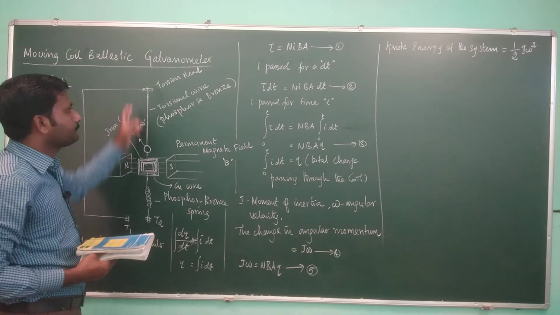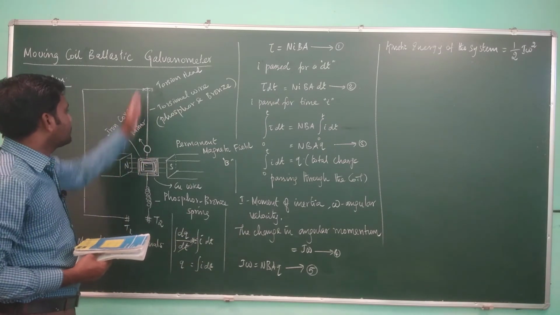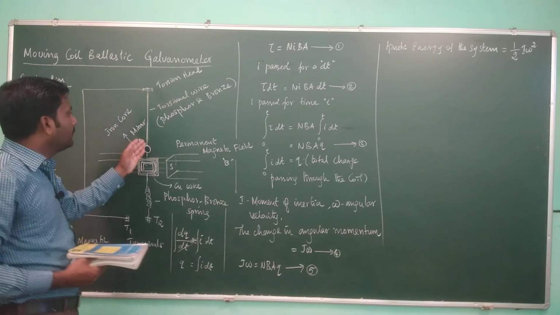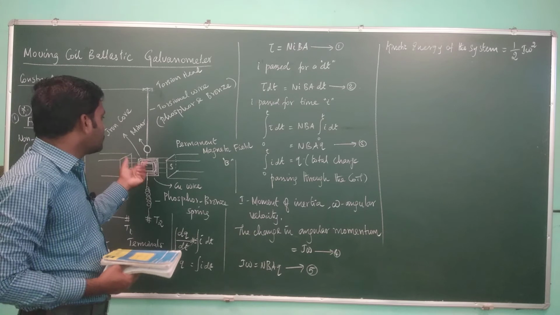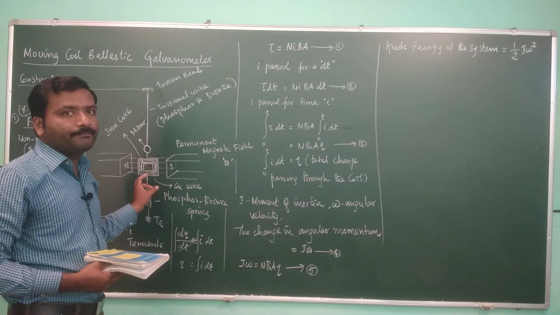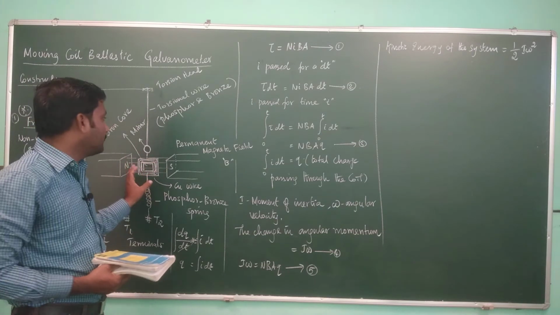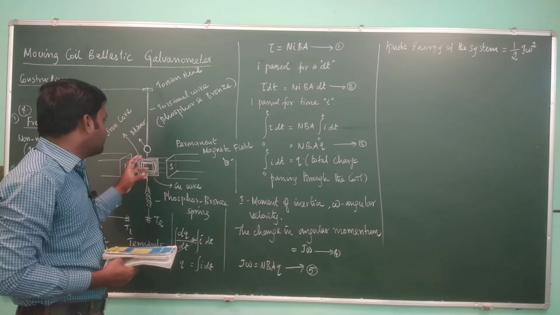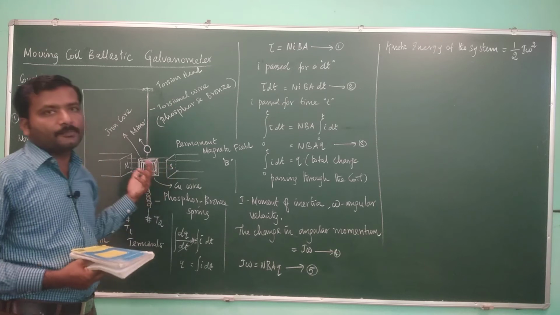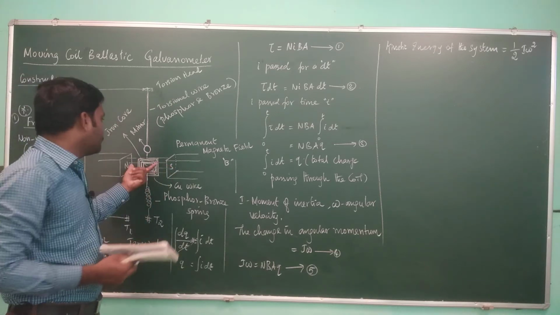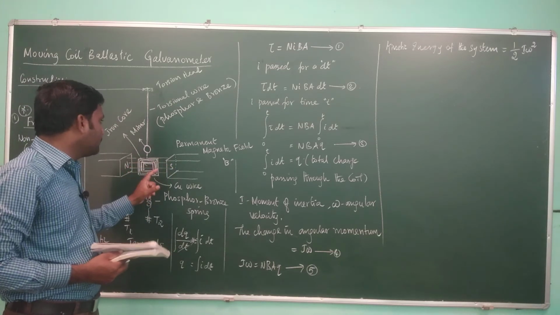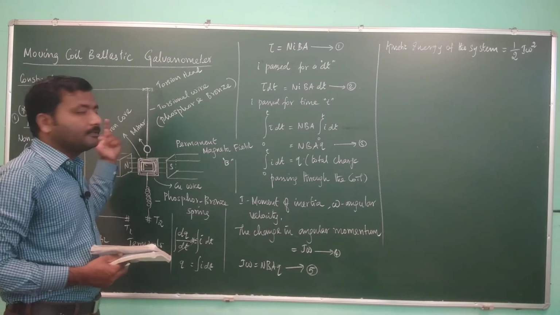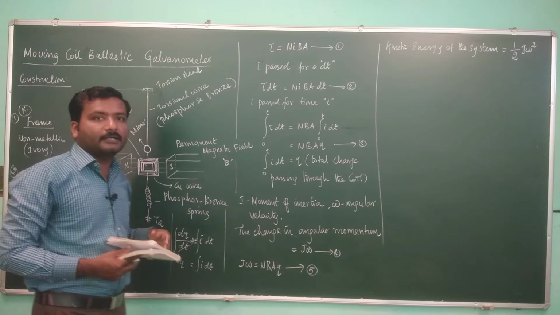This wire is twisted. If the coil is twisted through angle theta, then this torsional wire would also be turned through angle theta. Now if the current is released, what will happen? As this is an elastic wire, it will slowly come back to its original position. So there is a restoring couple. Because of this couple there is a twist, and if it is released, then it restores back.